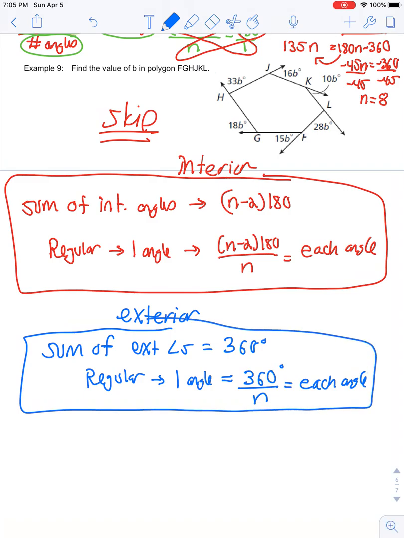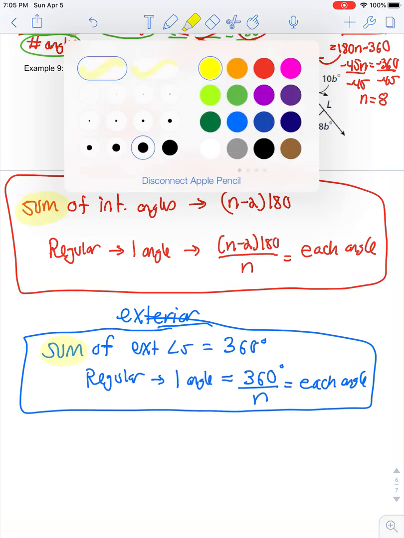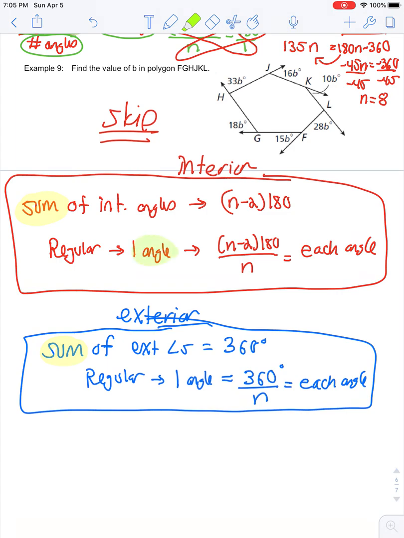So there are different rules for interior versus exterior. Make sure you pay attention to if you're being asked to find the sum, like in these cases, or if you're being asked to find one specific angle, like in these cases. So as you're going through and trying some of your homework problems, pay very close attention to what type of angles you're working with and what the question is asking you to